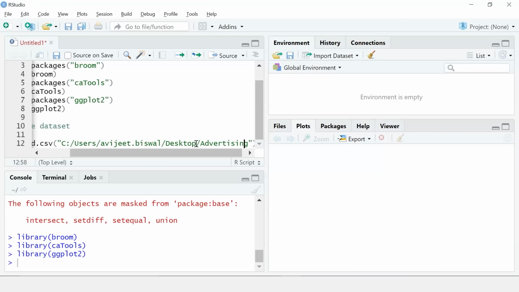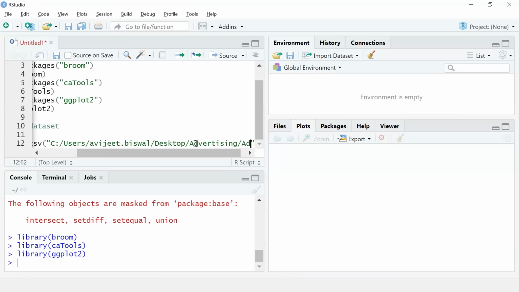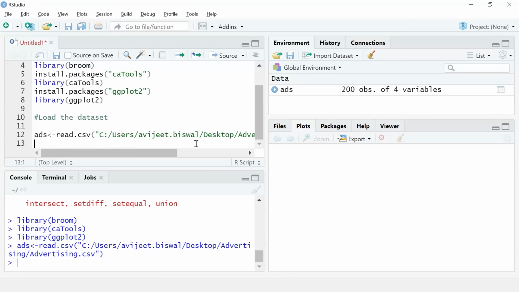And finally I'll give the dataset name, which is advertising.csv. Let me run it. Okay, we have successfully loaded our dataset.